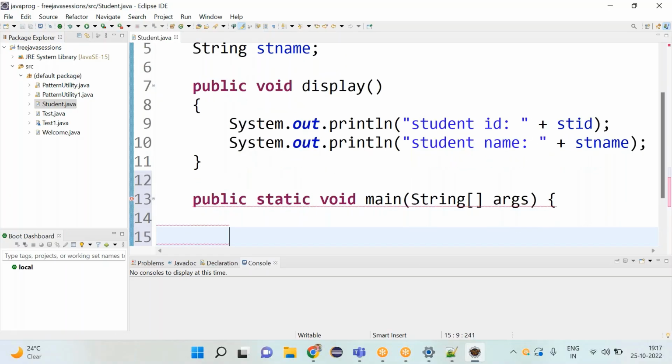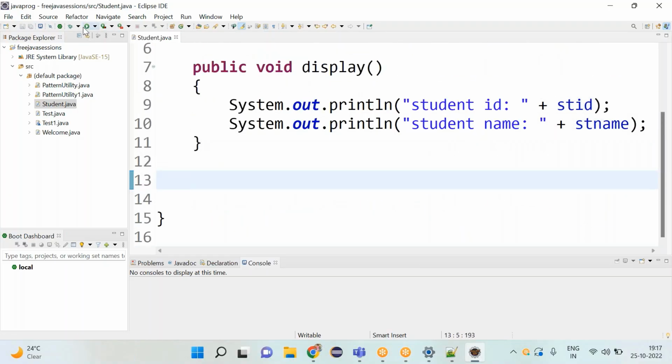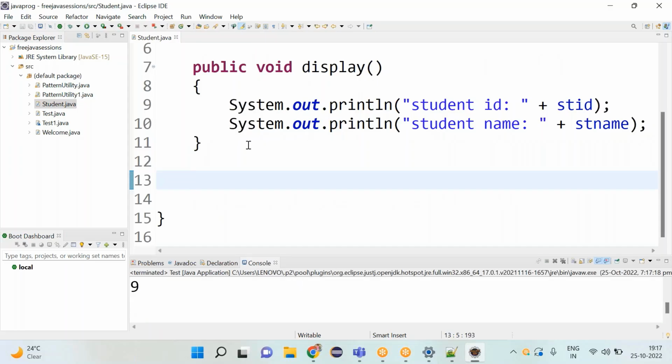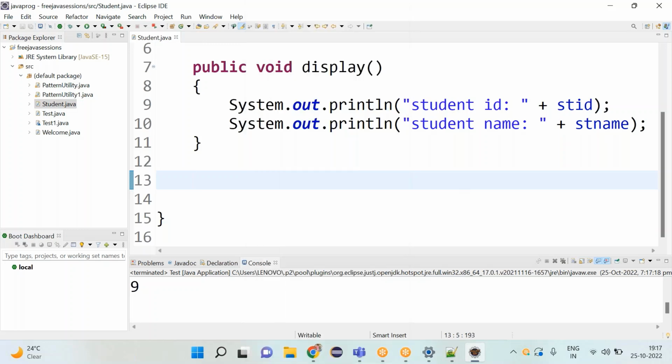Without the main method, I can't execute the program, right? For example, if you are trying to execute this program without the main method, let me right click here, run as Java application. Are you seeing? No. Why? Because if you have a main method, yes, it is possible. Otherwise, it is not possible. Define the main method,